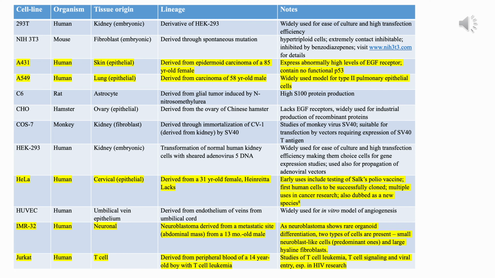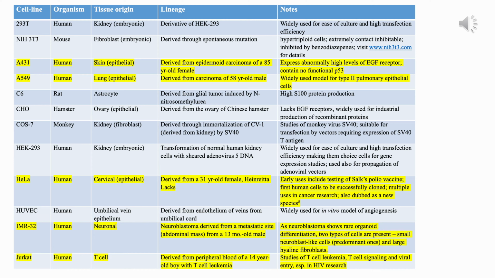Now, as we discussed, there are several cell lines that are commonly used in various labs. Here I'm giving you only a few of the major cell lines that are popularly used, but of course there are several cell lines that are generally in use. These are derived, some directly from cancers and some by various methods. You can have spontaneous mutations. For example, that's how the mouse fibroblast cell line 3T3 was derived.